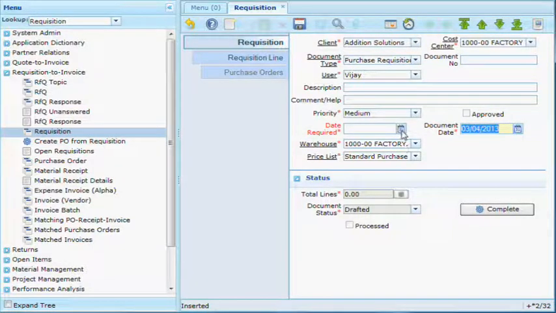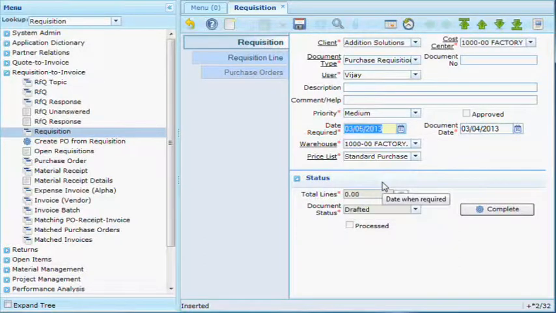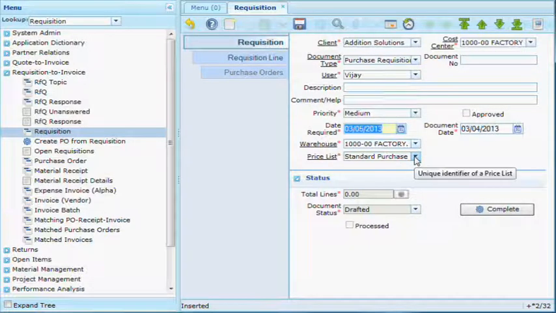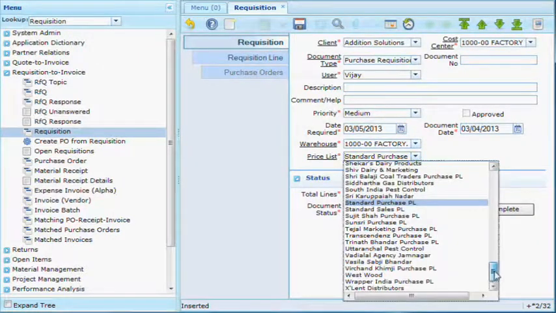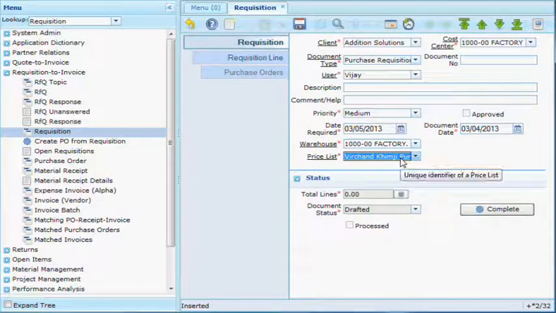Now select the date required, say 5th of March, and you can select the warehouse. For example, it is selected as a factory. You can select the price list, then you can click on save. That saves the requisition.